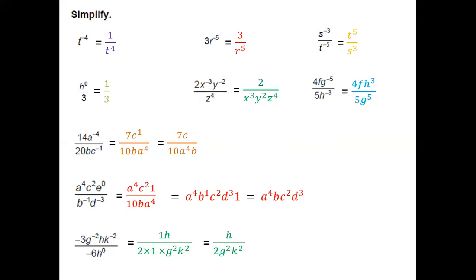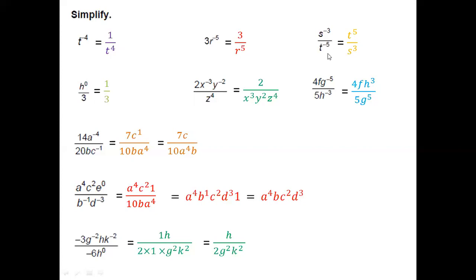Now to change this to a positive exponent, what are you going to do? As I told you before, take the negative exponent down. So with the negative exponent, the variable also moves. So 3 remains up, same. So r to the power of 5 comes down, so that the negative sign will be removed. Now this one, both of them have negatives. So when you want to remove both the negative signs, what do you do? Just move the s to the power of -3 down, so that becomes a +3. Take the t to the power of -5 up, that becomes t to the power of 5. This is as easy as that.